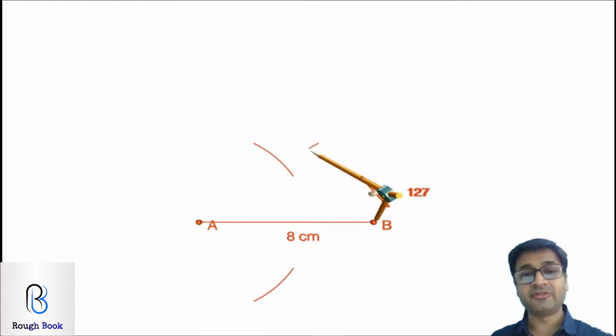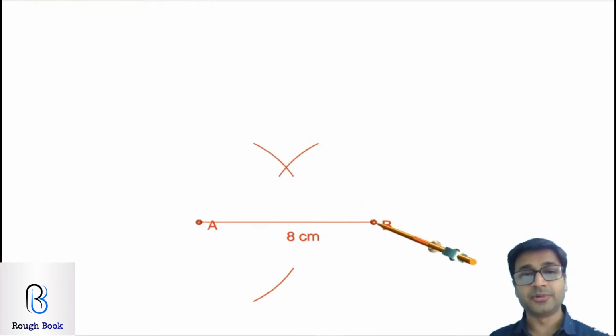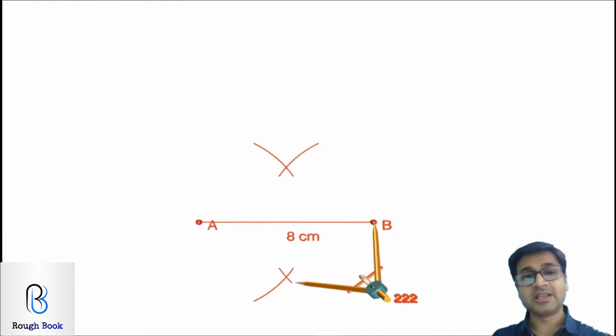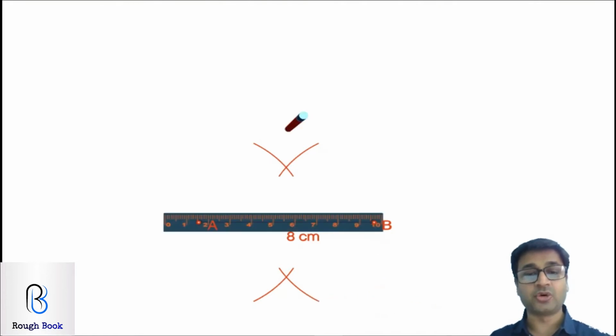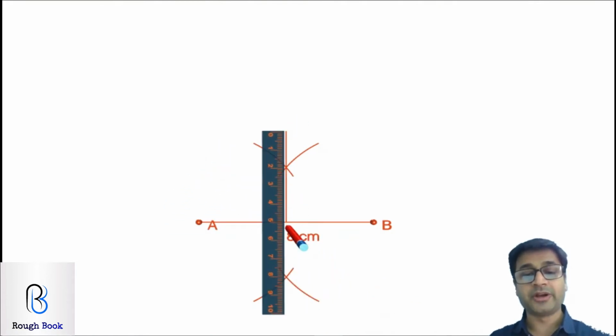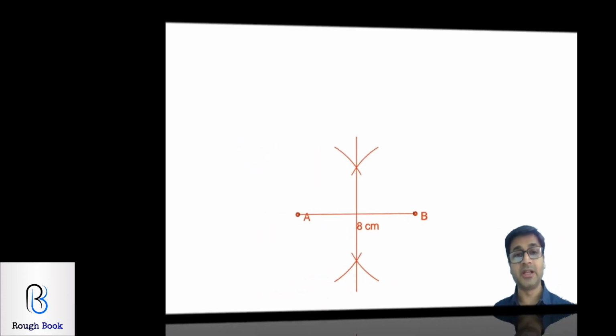Same process we will follow on from point B without changing the radius of the compass. Whatever we took for the first arc, same for the remaining 3 arcs. Now the point of intersection which we see of these 4 arcs, when we connect these 2 points, automatically what we have now derived is the perpendicular bisector of AB. So this line is dividing AB right at the middle and that too at 90 degree. So I hope with this now you know how to draw perpendicular bisector.